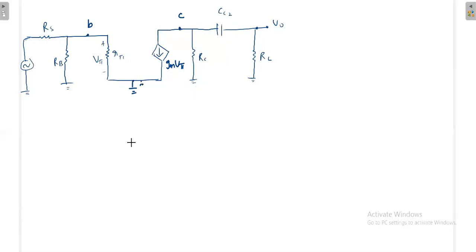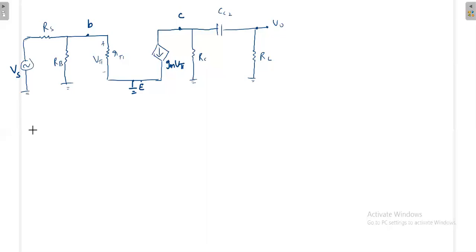Now first we'll find out the voltage gain. Before that, what is the effect of the source voltage at the input side, at the input of the transistor? That means V pi you have to calculate. Here it is grounded, so this input part can be analyzed separately. You can simply apply the voltage division rule, and again RB is in parallel with R pi. Whatever voltage is present here, the same will appear here. So we have to consider the parallel combination.